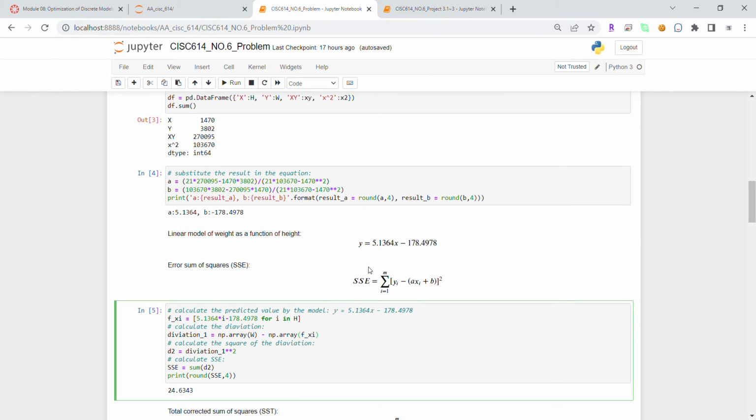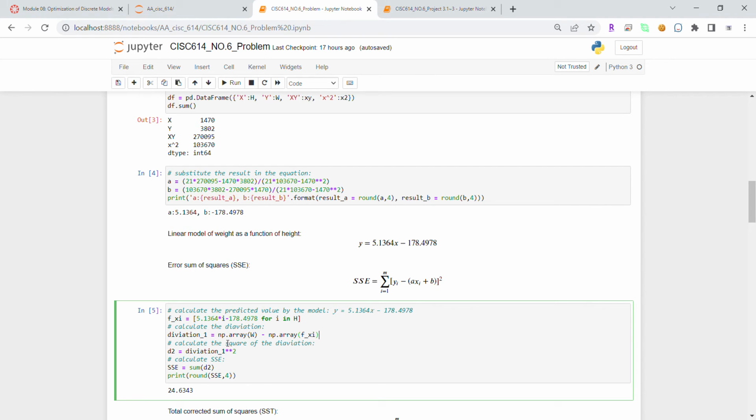First I calculate the deviation of the actual y value in the data subtracted by the predicted value calculated from the model for each x value, and then I take the square of the deviation and take the sum of the squared deviations,